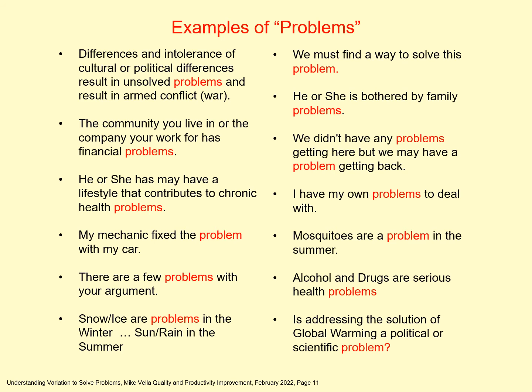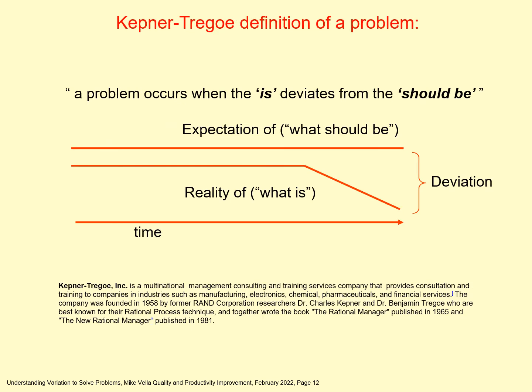You know, I have my own problems to deal with. Mosquitoes are problems in the summer. Alcohol and drugs are serious health problems. And is addressing the solution of global warming a political or a scientific problem? Well, now that we've seen how the word problem can be used in many different ways,